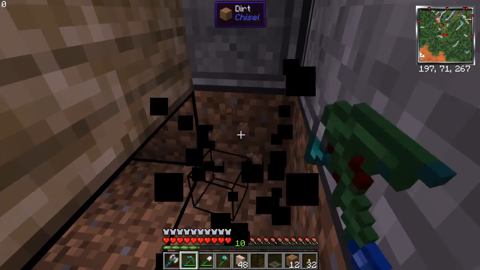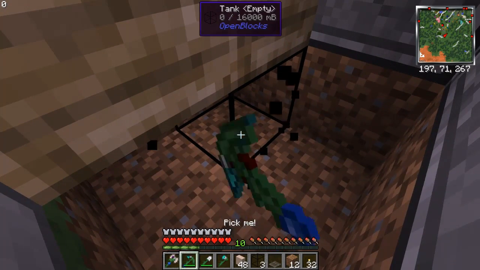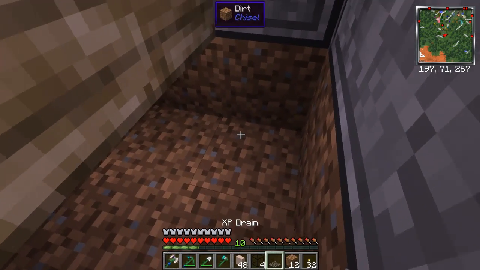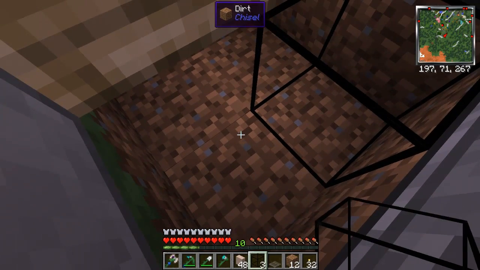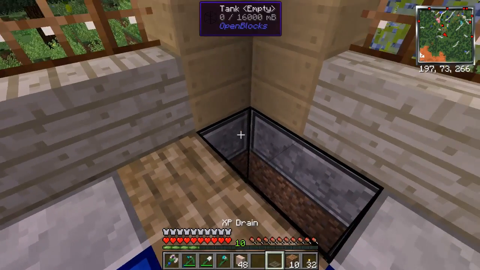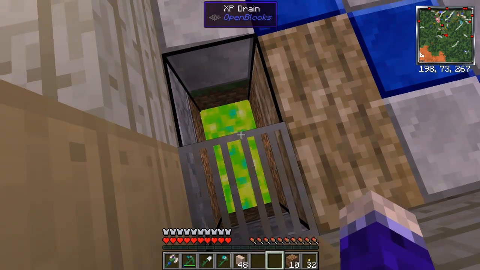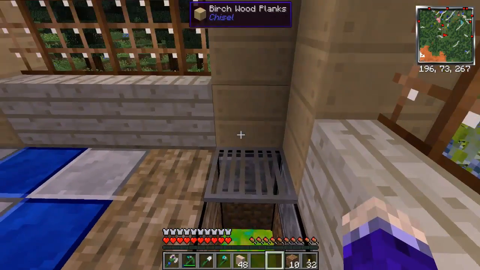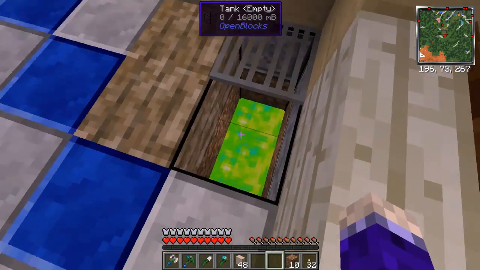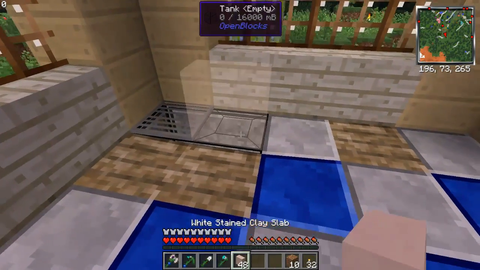Okay, I need to make this a little higher. So we're going to do this differently. If we put that there, it takes all our XP, and we've got liquid XP down in the tank. It says this one's empty, but that's just because it's down at the bottom. And I can get into this from outside if I want to. So we can pretty that up a little bit, but what we're going to do...